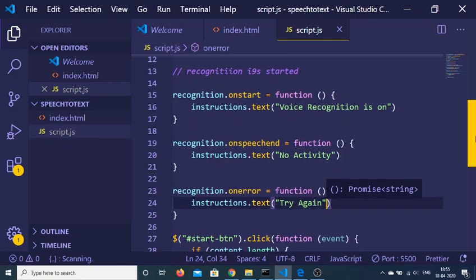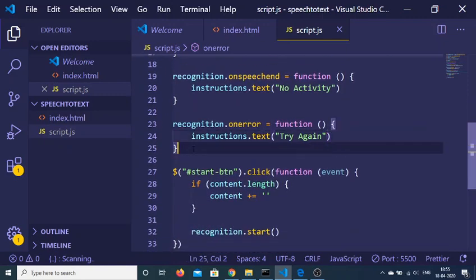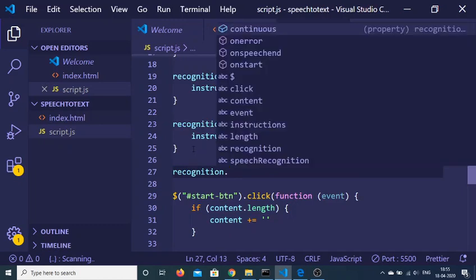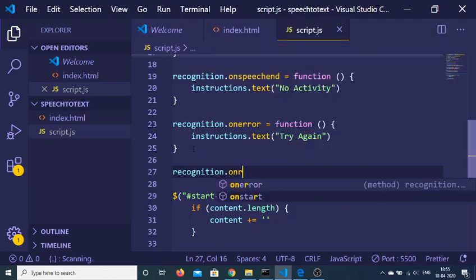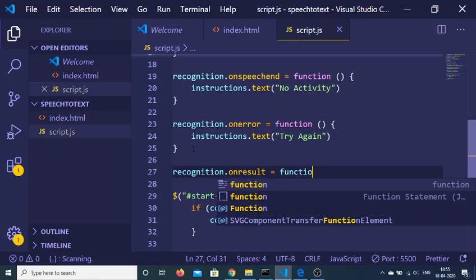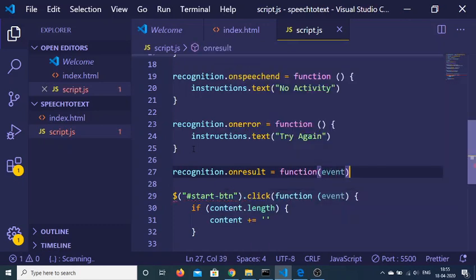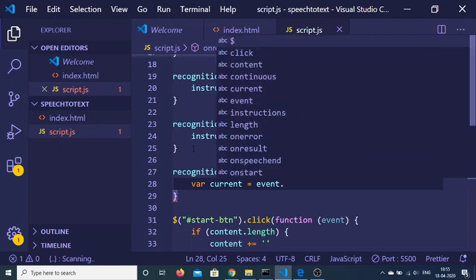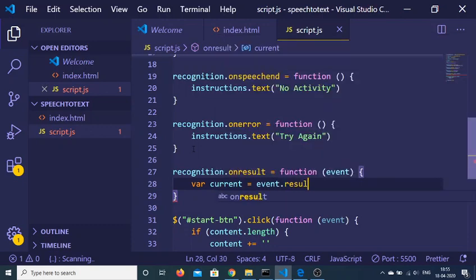And the main function, whenever it is recording your voice, is recognition dot on result. So this function will execute. This will be again a callback function holding that event, and now we can just create the current variable. So this will be event dot result index.